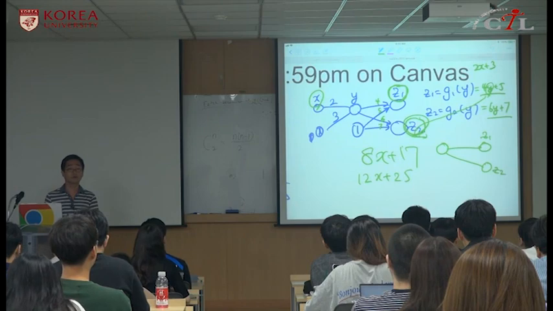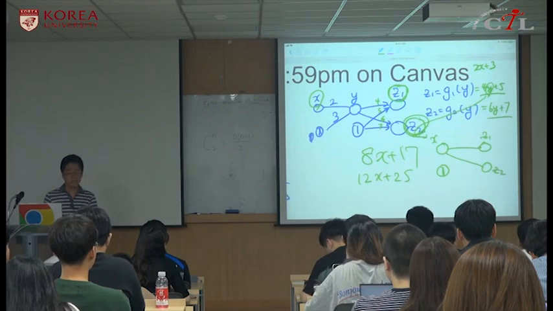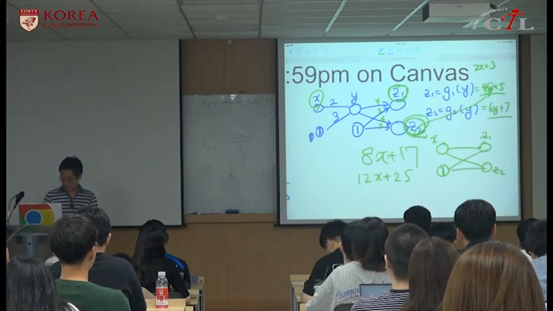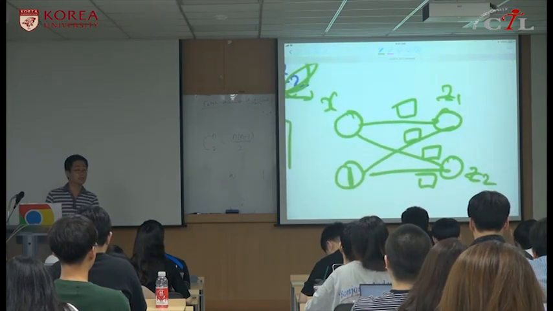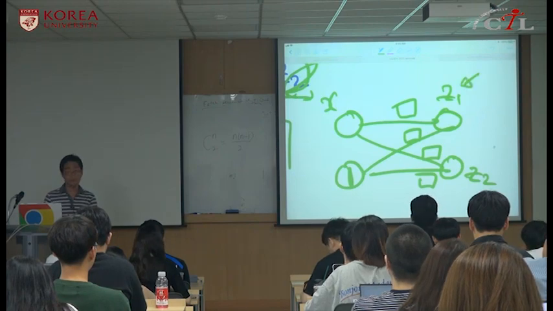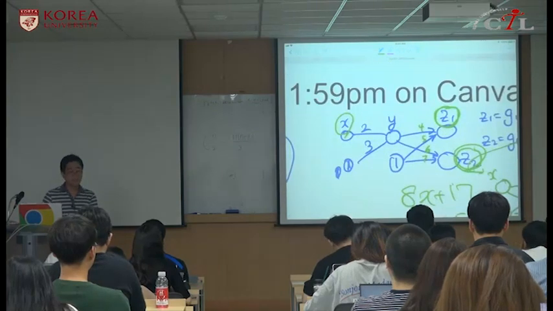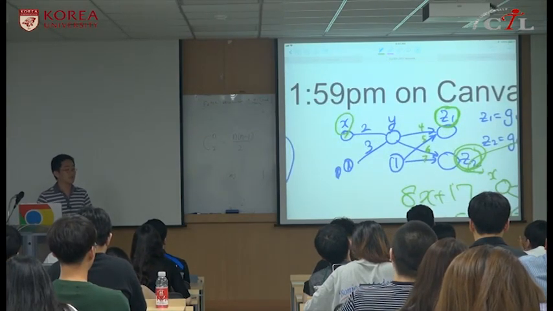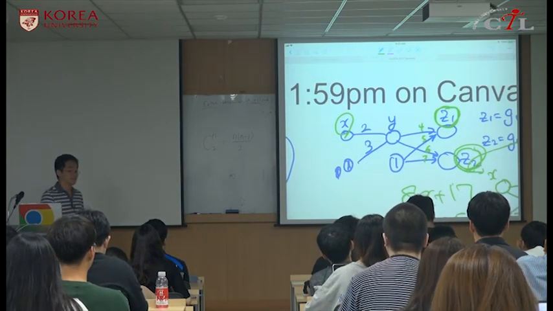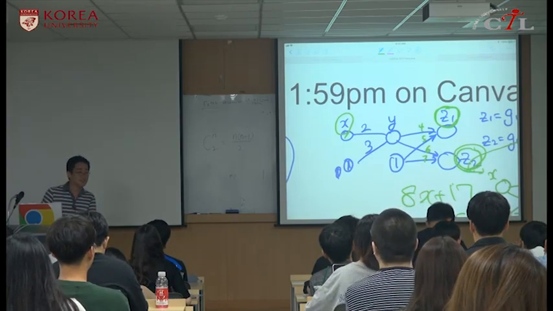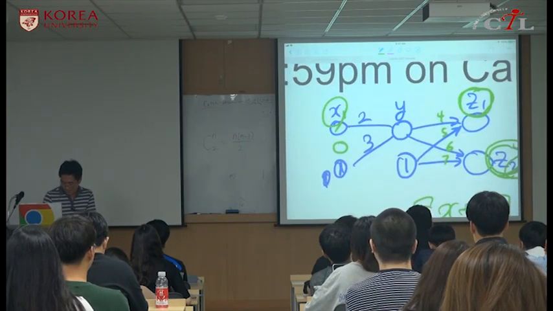Z1 and Z2, right? And in this case, it's X, and here we will have 1, right? And then we have the freedom of assigning any linear combinations to make Z1 and Z2, right? But in this case, is it always possible to have just one node in the middle? Okay. So in this case, it is actually possible in this particular case, but if we just add another layer of